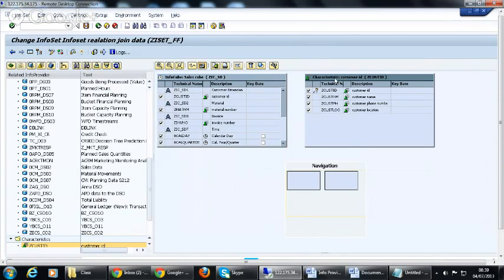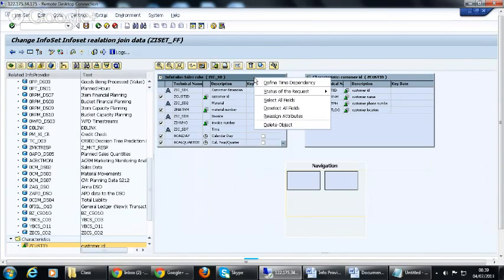For example, if you want to join 4 or 5 database tables, in that case you cannot make this second info provider a left outer join. If you make this, then you cannot connect it further. So here, when you right click on this, you will have time dependency, define time dependency, etc. All these options.